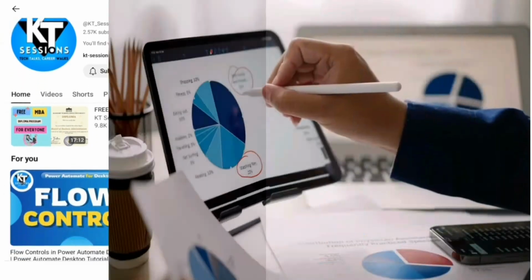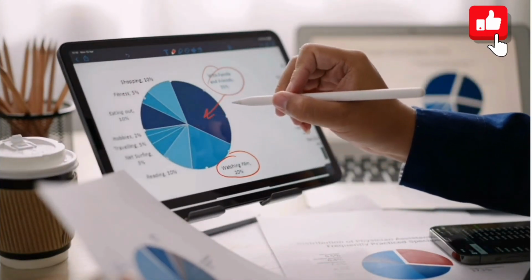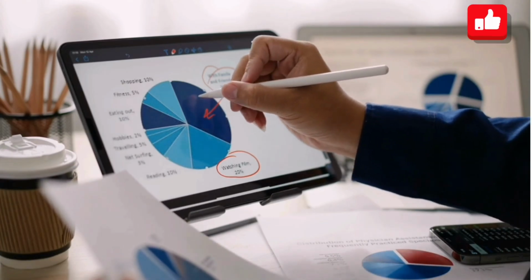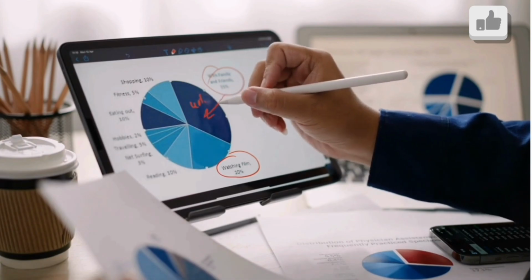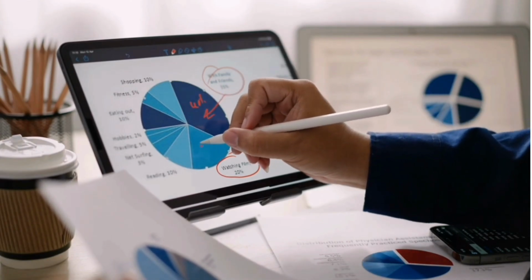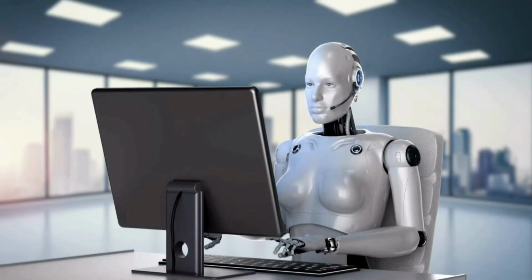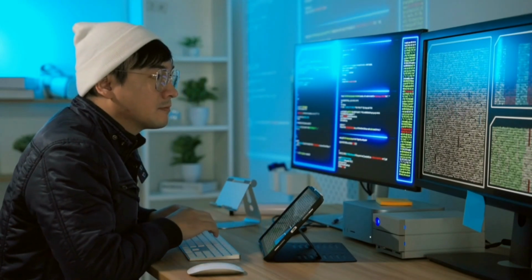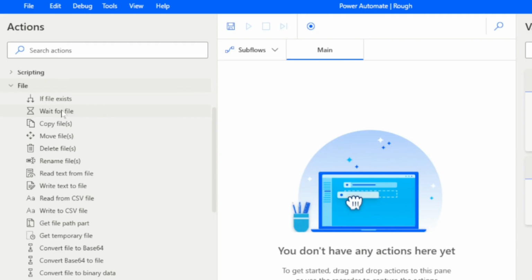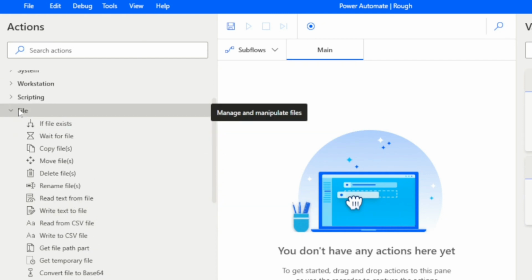Today we are diving into a practical and time-saving topic, which is CSV automations. Whether you want to read the data from the CSV file or write the data to a CSV file, we can automate all those steps. So let's go to the flow, and in the action pane we can see two actions. One is read from CSV file and another one is write to CSV file, and these actions are available under